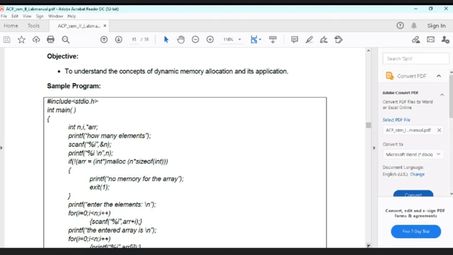Ma'am, malloc allocates a single block of storage, and calloc allocates multiple blocks of storage. So what is meant by this? Single block of storage and multiple blocks of storage. What does this mean? And calloc is used to allocate memory to an array-like structure and such type of array. And okay, is malloc or calloc used for structures and all? Calloc.